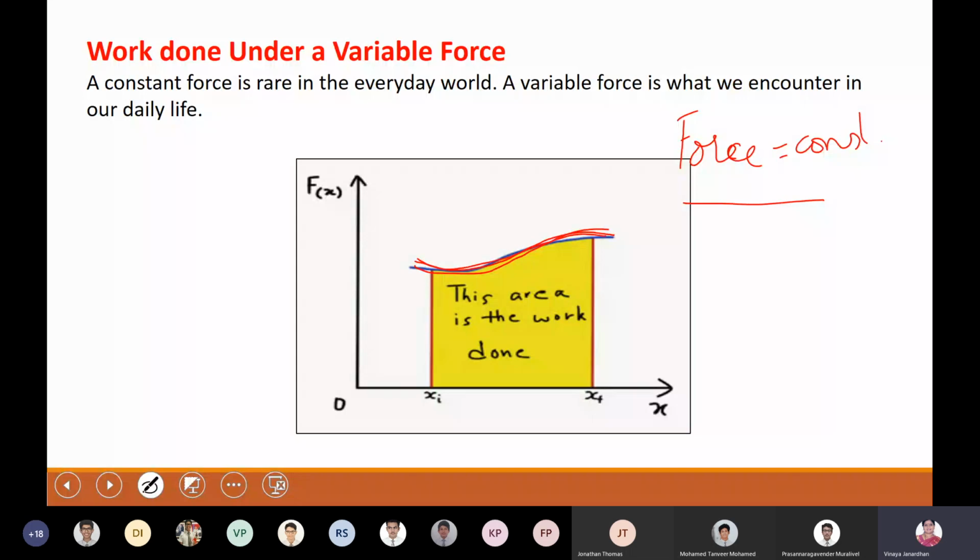When the force is variable, can you see the area? Is it a regular figure or an irregular one? It's an irregular one, so it is difficult to find the area. In such cases, the force applied on the body is a variable force, which generates an irregular area. The dimension itself is irregular, and it's difficult for you to find the area of such a graph. Then what is the other way of doing it?